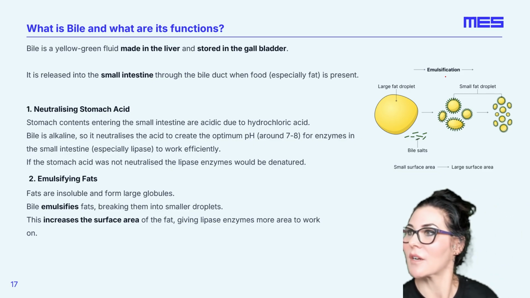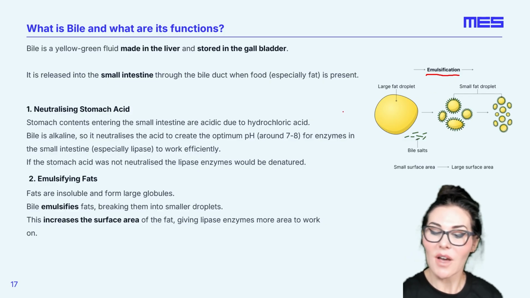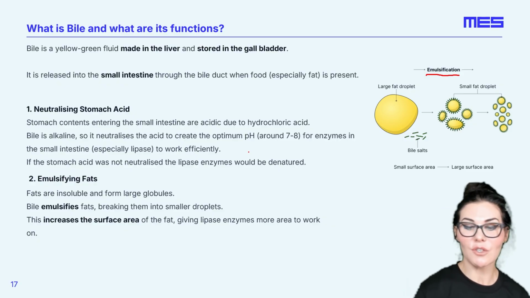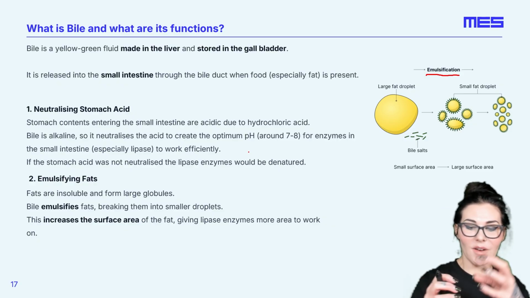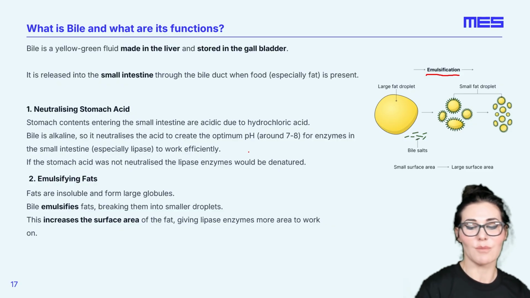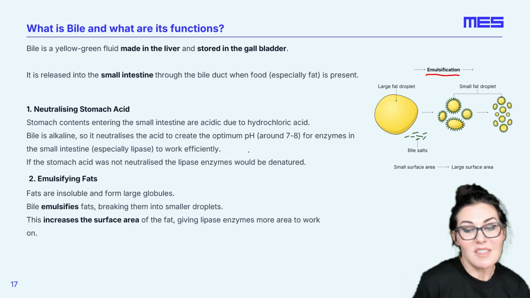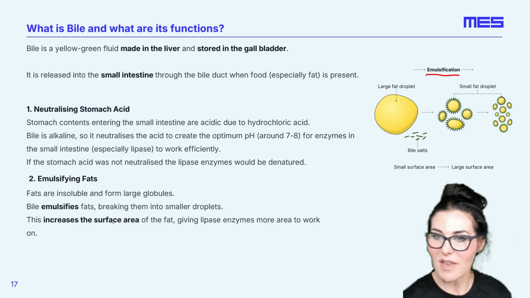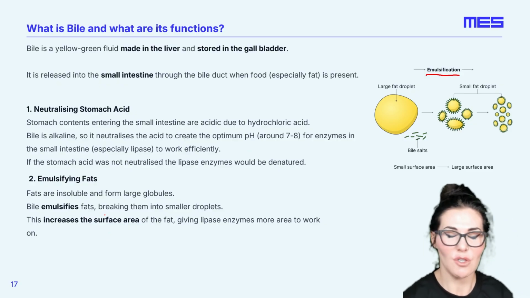The second really important function of bile is a process called emulsification. We can see this in the diagram over here. Emulsifying fat is not a chemical process, it's a physical process where large fat droplets are literally separated out into smaller fat droplets. I often use the scenario of if you've just done some frying in a frying pan and you've got all these fat globules that you want to wash away, you put in some washing up liquid and that disperses the big fat droplets into smaller fat droplets, making the pan easier to clean. That's like an emulsification. And that's what bile is doing. It's breaking apart, because it's not a chemical reaction,